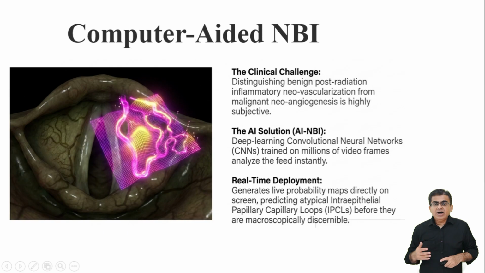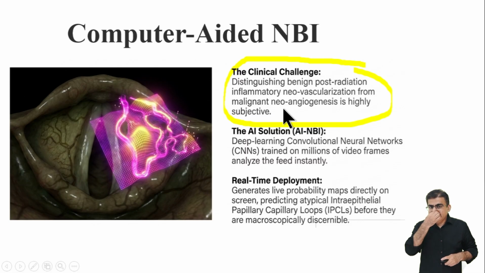Let us now look at how artificial intelligence is helping us evaluate the tissue during surgery. This is computer-aided narrowband imaging. Earlier, we discussed how we monitor our patient closely for any cancer recurrence. There was this clinical challenge. If a patient has had previous radiation, the laryngeal tissue will often look very red and inflamed. It is highly subjective for a human surgeon to tell the difference between harmless healing tissue and dangerous new cancer